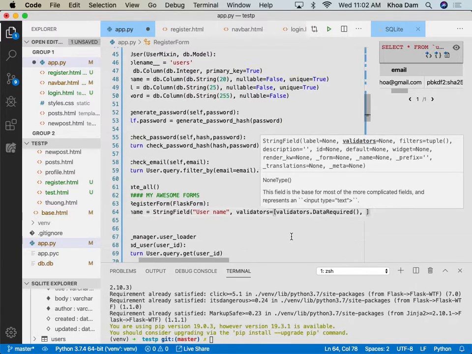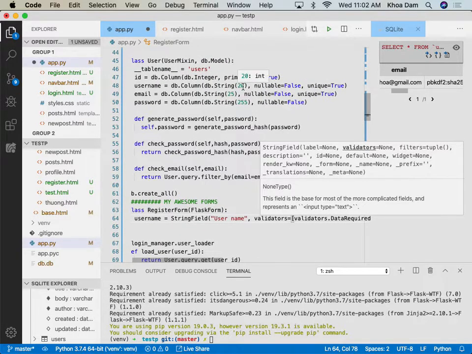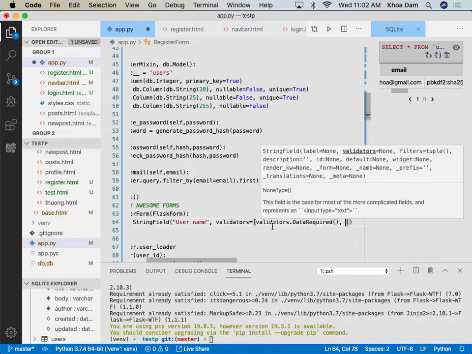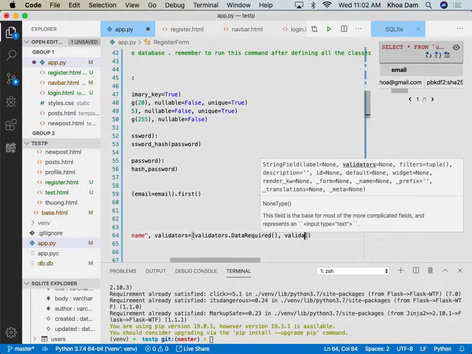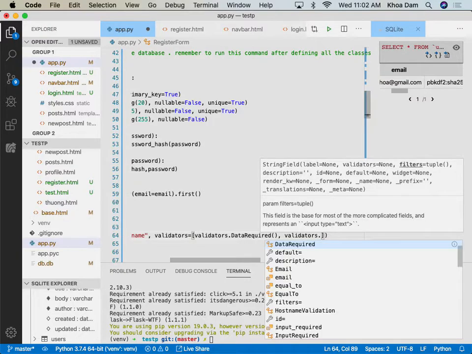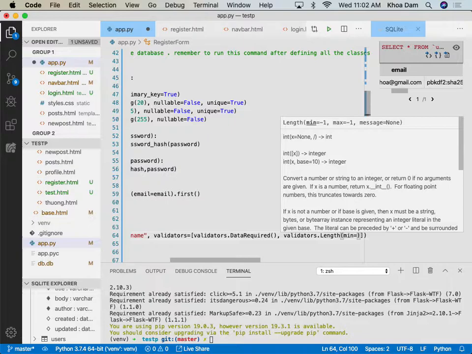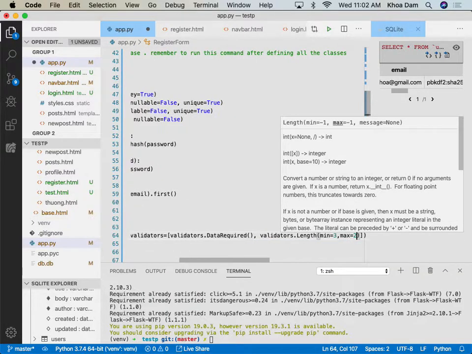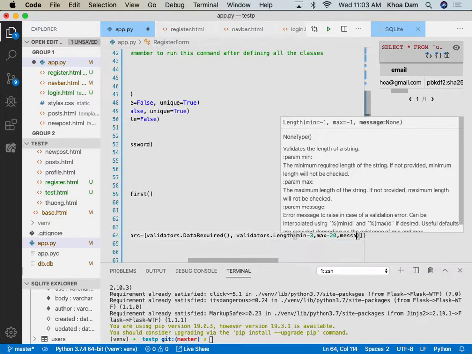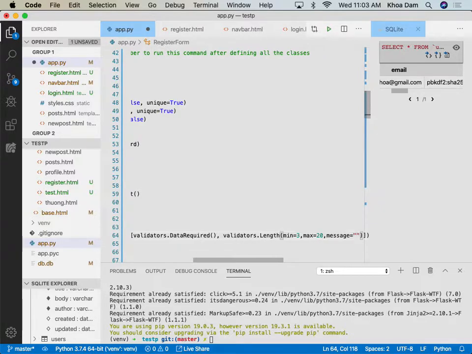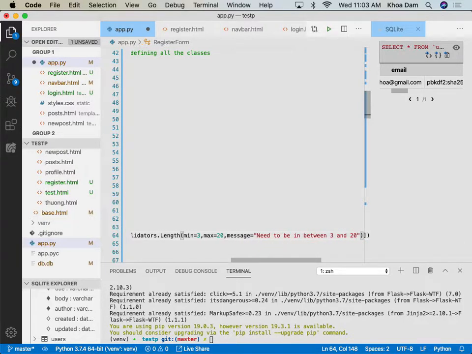Or longer than 20. Another one, validators dot length, min equal to 3, max equal to 20, and then message equal to something, need to be in between 3 and 20. Okay,